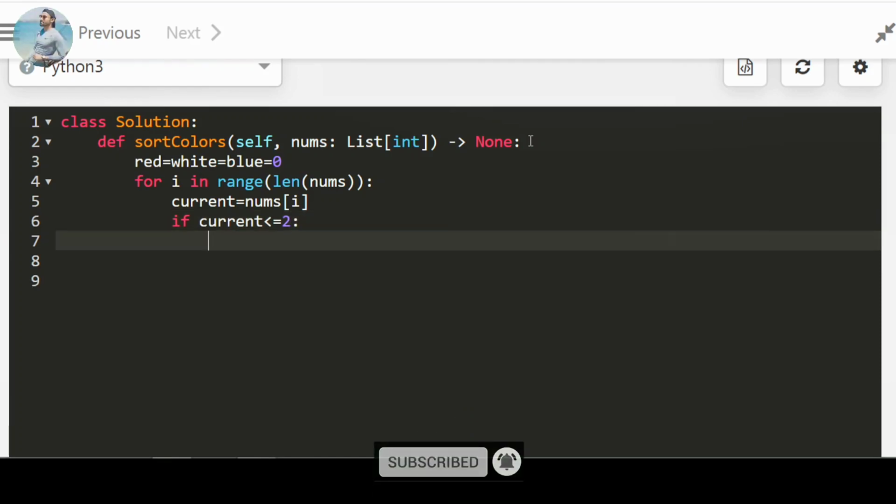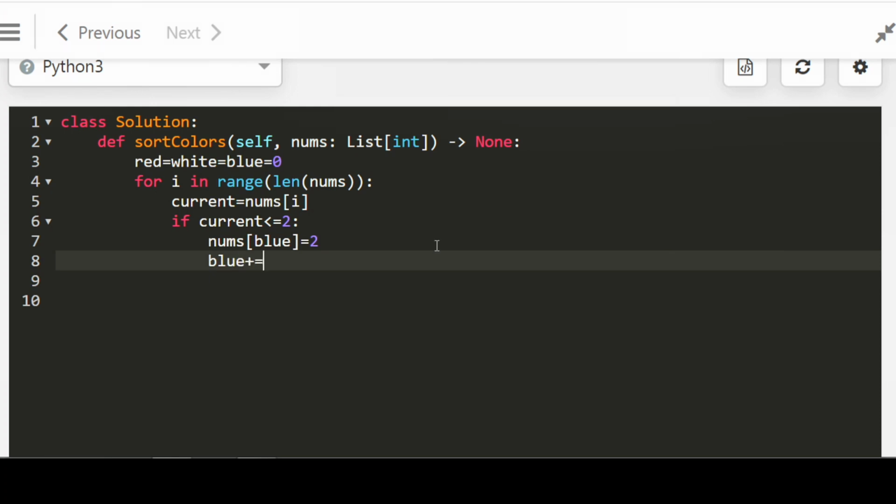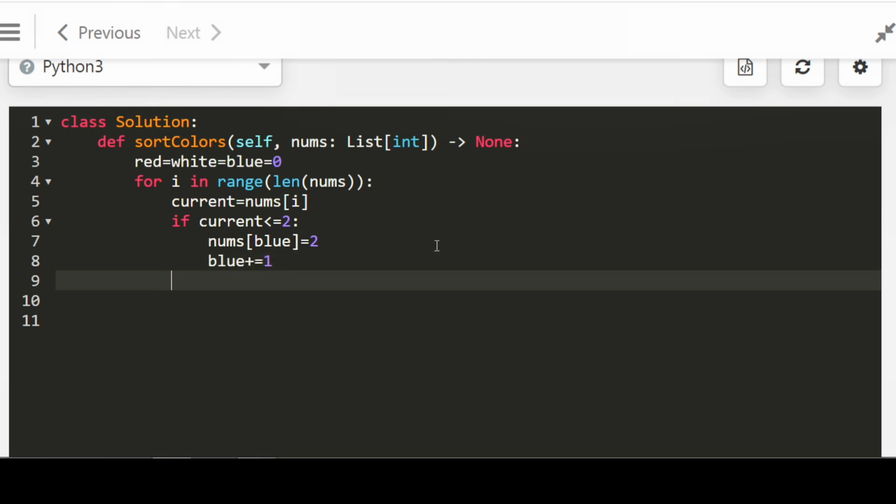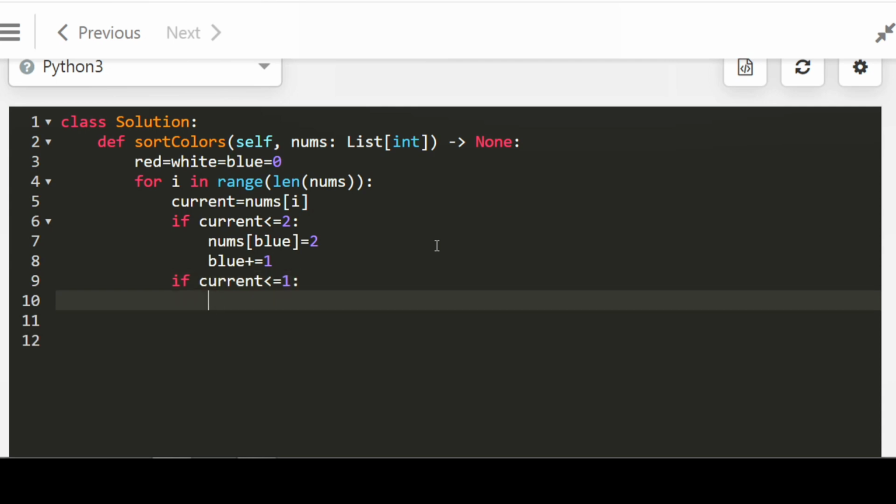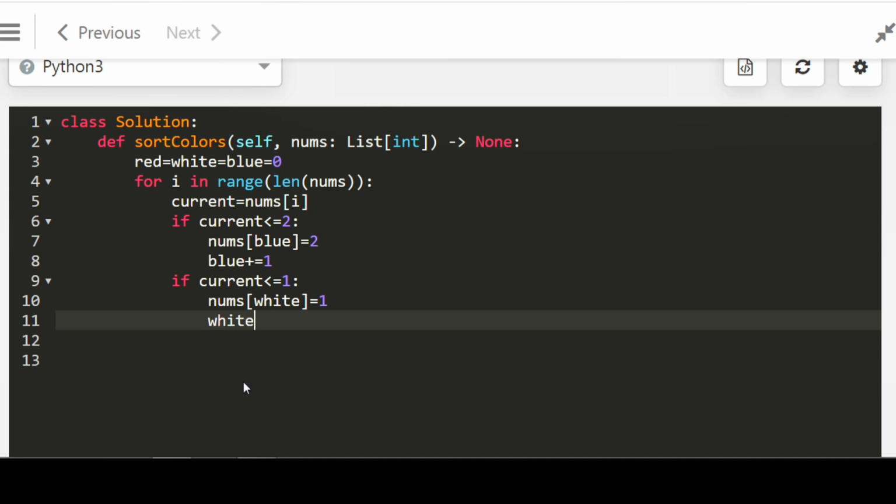If current is less than or equal to 2, then we will update the nums blue's index value with 2 and increment the pointer. Next we will check if our current is less than or equal to 1, then we will update nums white equals to 1 and increment the pointer.